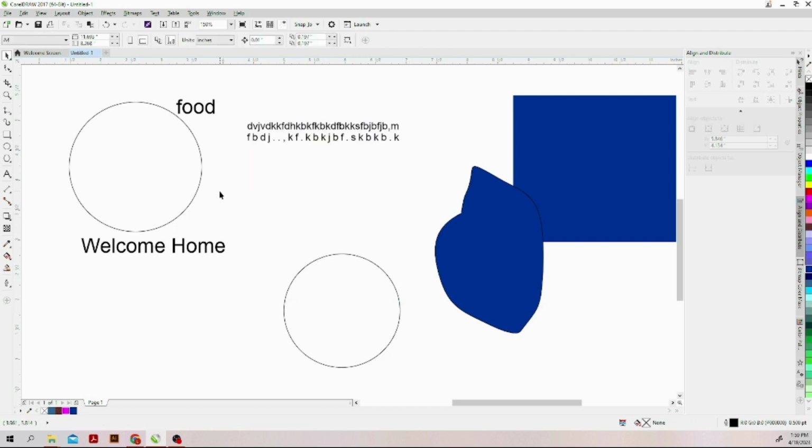Okay, so let's move on to something new. This is the parallel dimension tool. It's mostly used to measure things, because you may want to measure something and you want the measurements to be parallel to each other. That's when you use this tool. Mostly you don't use it, but if you are in the field of print and all those stuff, you may use it. The same thing applies to the straight line connector. You mostly don't use it,